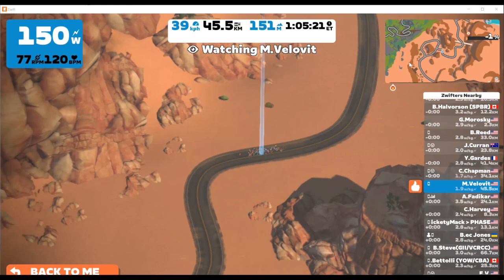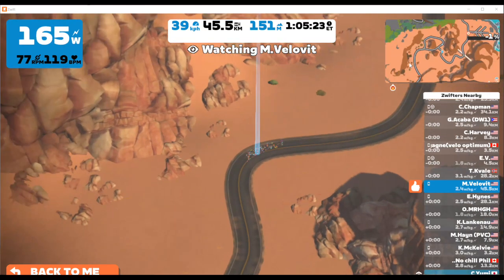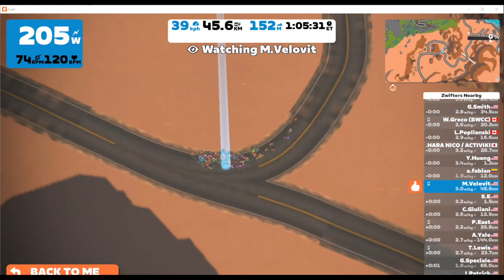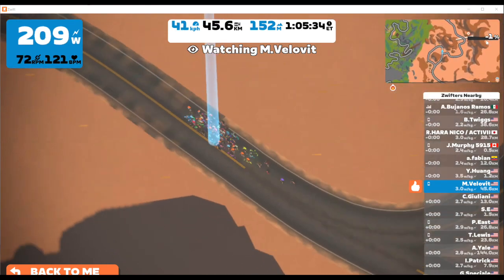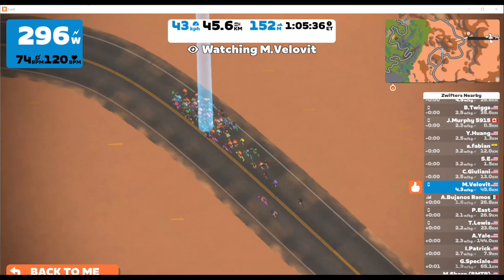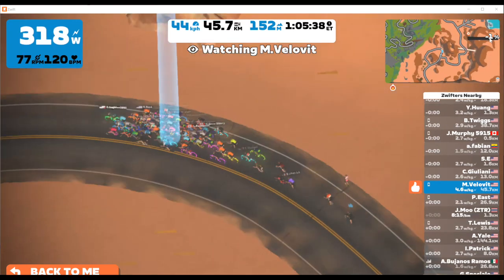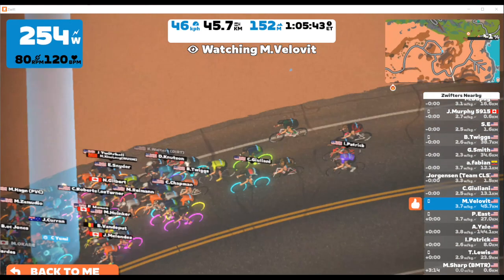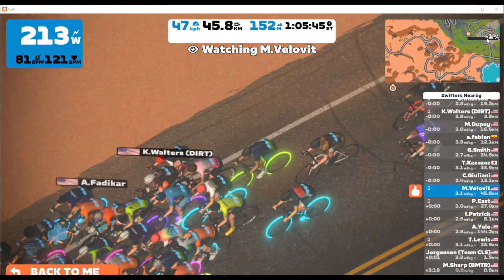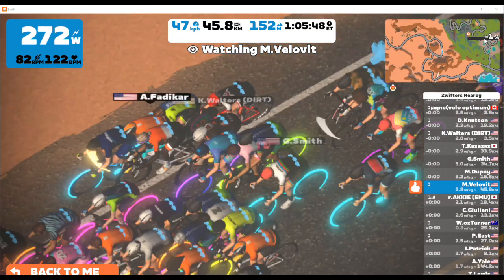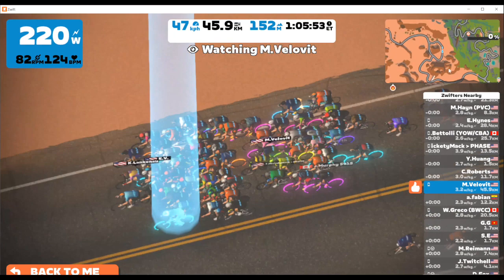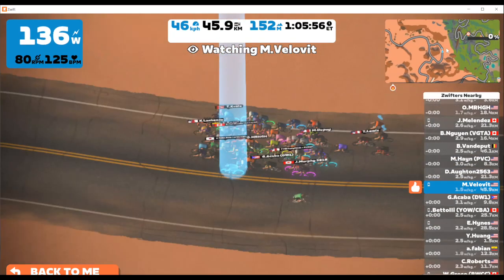Up to the upper right, you will see a little topography map. That map is a map of the route that you're actually on. That number that's highlighted in the corner is determining the elevation. So right now at a -1, that means we're going down slightly. That number can go up, and as it goes up and becomes positive, then that's a positive elevation. 0 is flat. When you click on the map, you can look at it a couple different ways. It'll give you a couple different views.